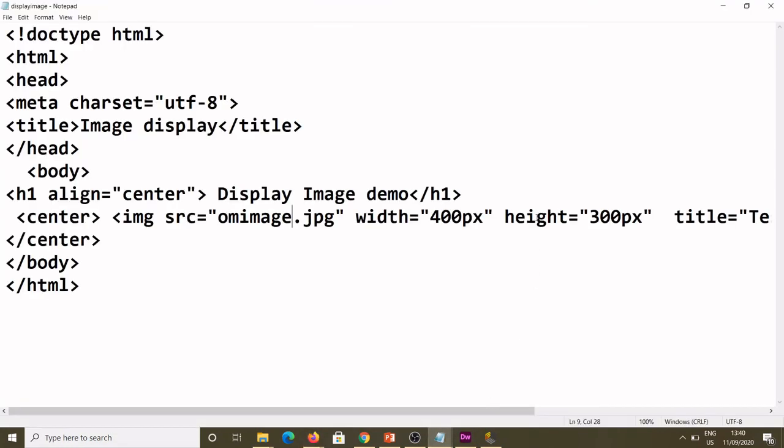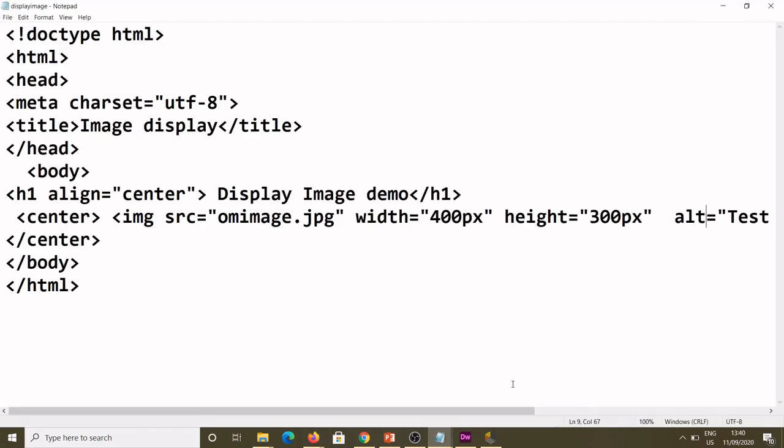That is not looking good. But whenever you write the alt, the image is not coming also, but the box is not there. So that will look more professional. Okay, it depends on your wish, how you want to use it. Getting my point, sir?